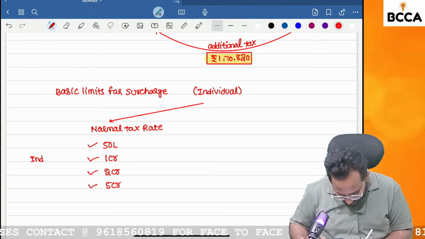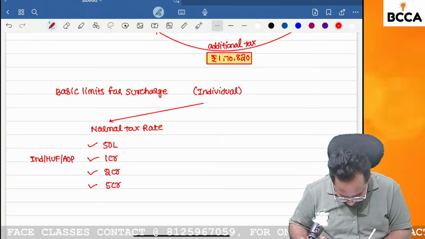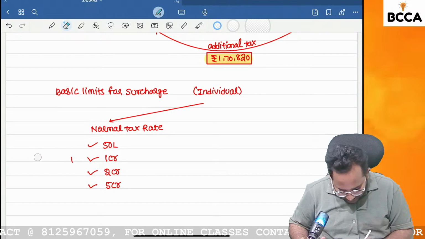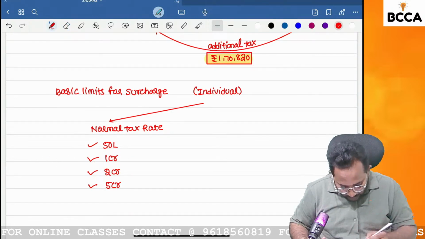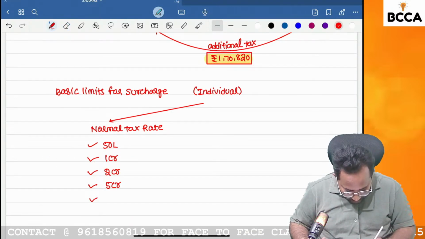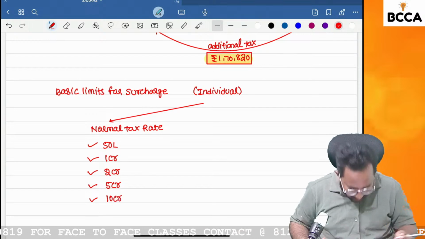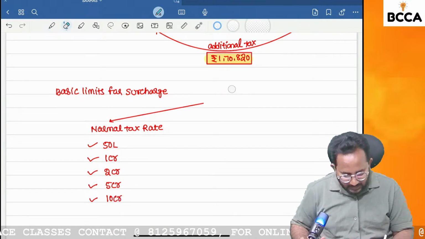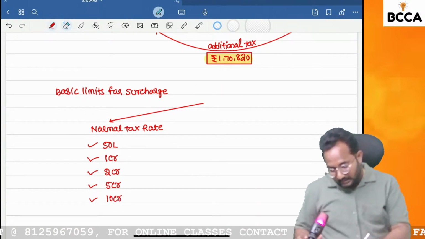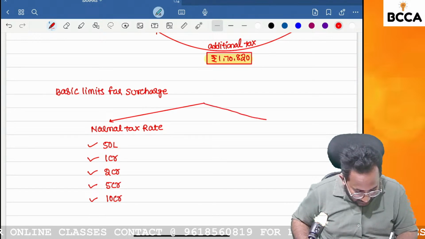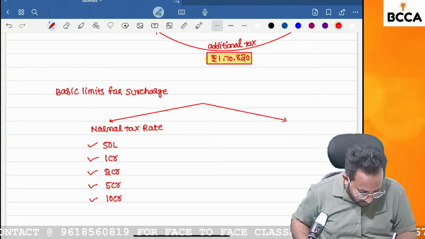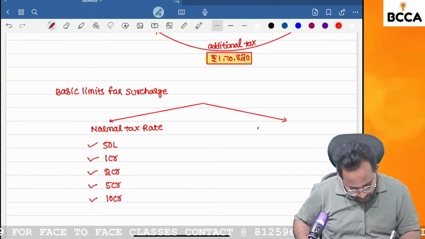As well as HUF, AOP, BOI, etc. But if I am thinking about the company, yes, ma, 1 crore is already written. Next one, ma, 10 crore. Next, what is that, ma? 10 crore. So, next, if you are following the optional tax rates under section 115BAC or any other, yes,